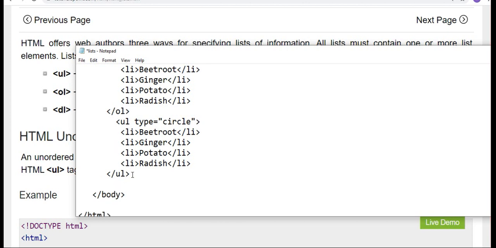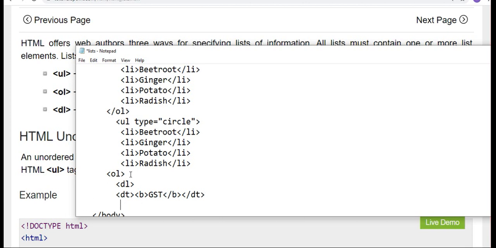Next we have the third type, so here you have to close this unordered list. The third type is the definition list, dl. In the definition list we will have the definition term. I want it in bold, so I have written B here, and the term is GST, and this should be bold close, and the definition term will be closed.